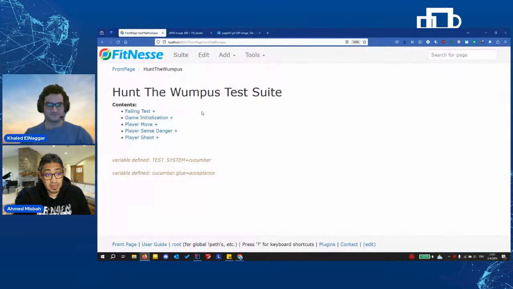And yeah, if something doesn't run on the wiki, you can always have that conversation with the testers or with the developers and see how we can let this scenario or test pass. So that was a really good example, Khaled. Thank you very much for showing us that. It really showcases the power of CuNesse and how it addresses the problem statement that we have talked about before showing the demo. Thank you.